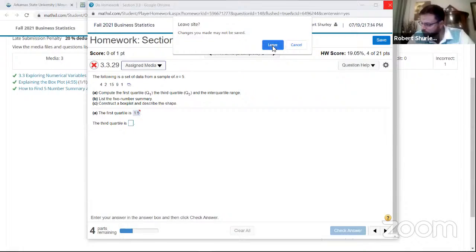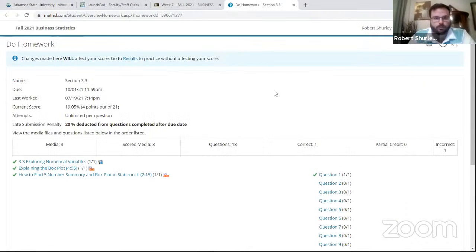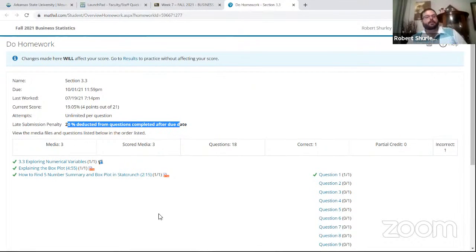Let's go back to our Blackboard side. Notice, before I go over there, it tells you 20% is deducted from questions completed after the due date. So this due date's October 1st. If you log in on October 2nd and attempt any of these questions, you'll just get 20% off the total. So if you complete it and get 100% right, you're actually going to make 8 out of 10 instead of